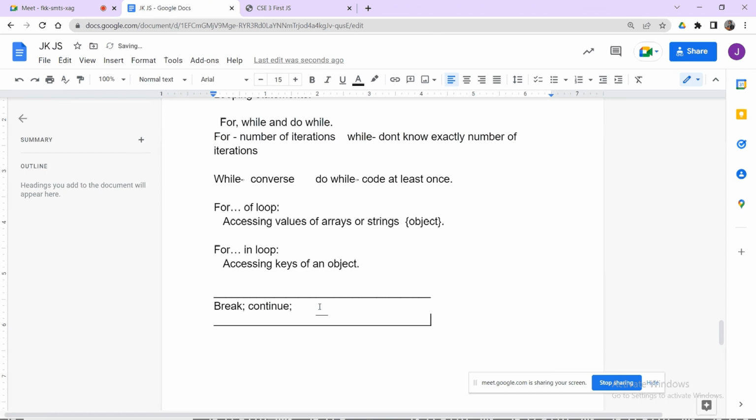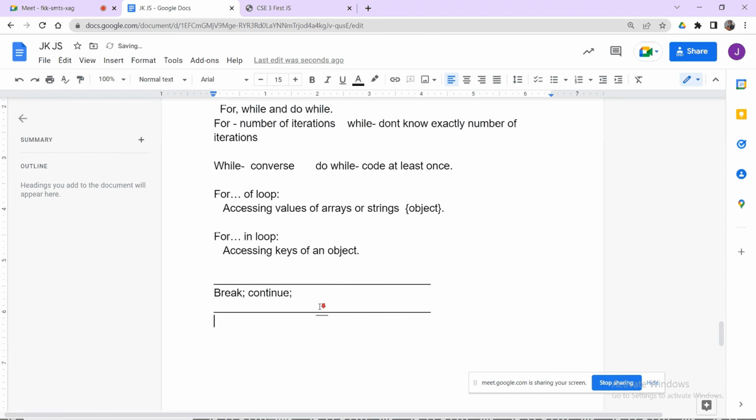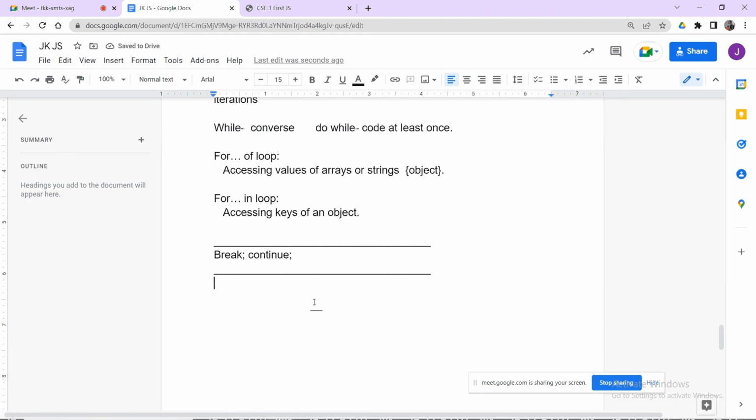Okay, fine. The next concept is pop-up boxes. These are important for you. Pop-up boxes are meant for providing information to the user, getting confirmation from the user, or getting input from the user.